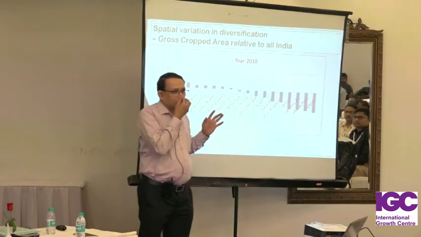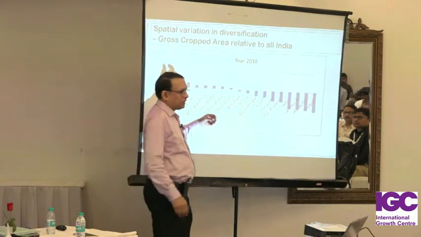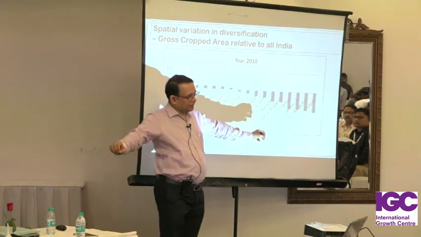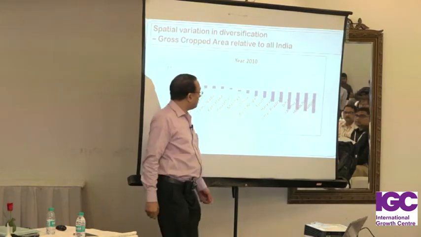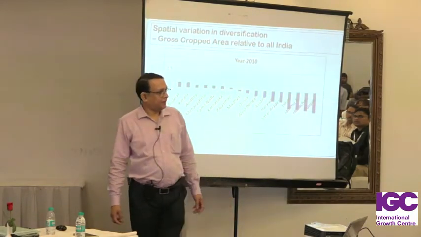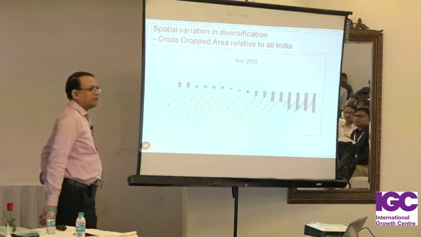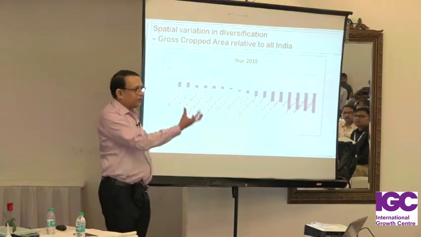But if you have all the detailed commodities, then probably this will not look as bad for Bihar. It will not look as bad for Bihar. I agree, but that's a problem with the data, because it comes up as a